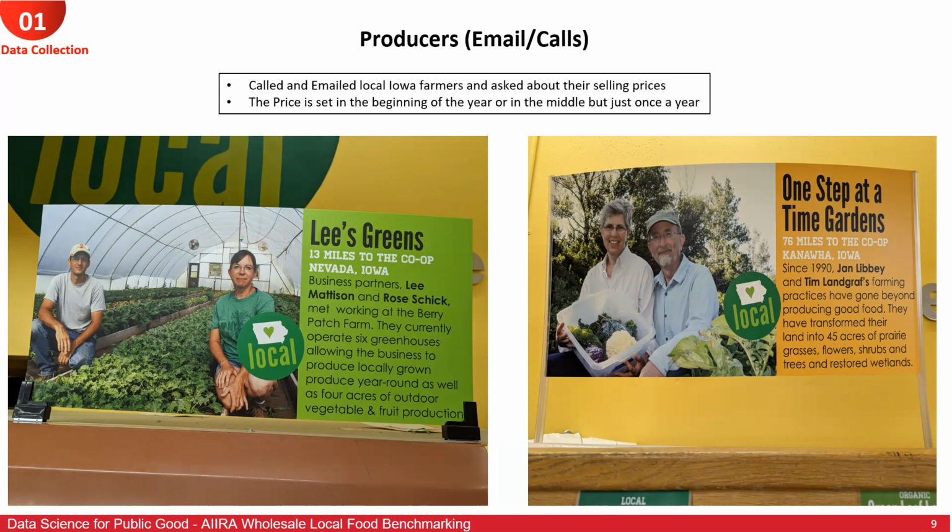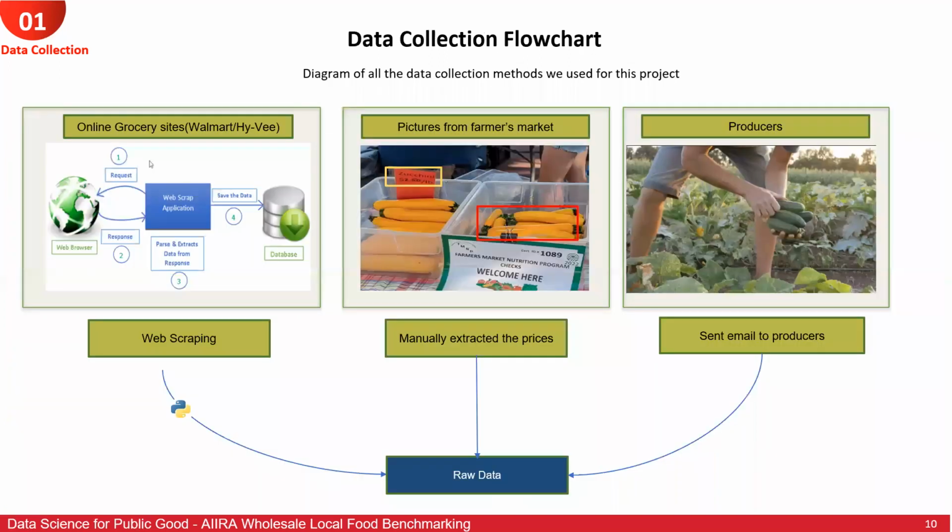And with this data collection method, although we got some useful data, it was very sporadic, as one producer would have like 3 out of the 5 commodities that we were looking for, while another one would only have 1. And so it wasn't very comprehensive. Also, we learned that many farmers don't keep historical price records. At most, they'll have prices for 1 to 2 years back, but not enough needed to create very comprehensive and deep AI and machine learning. So we can go on to the next slide.